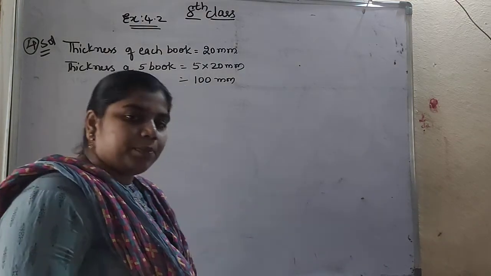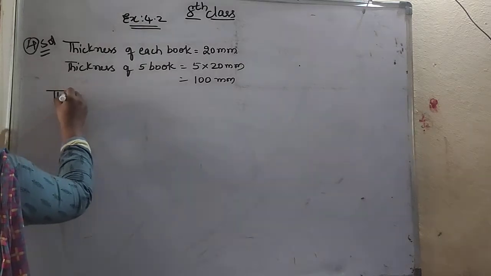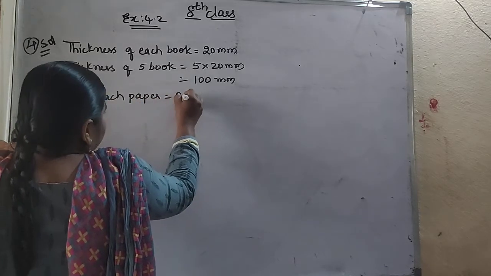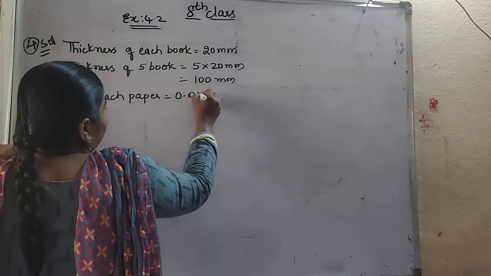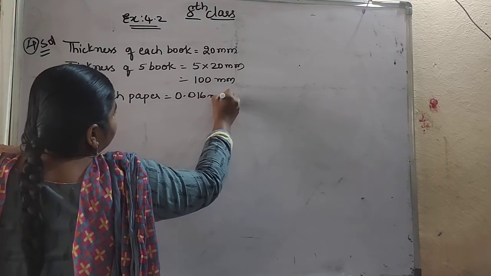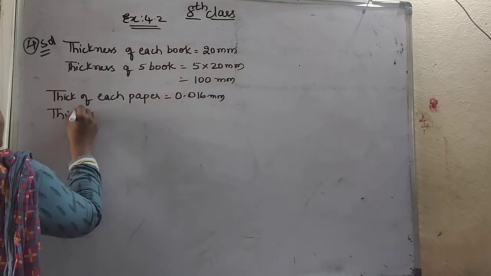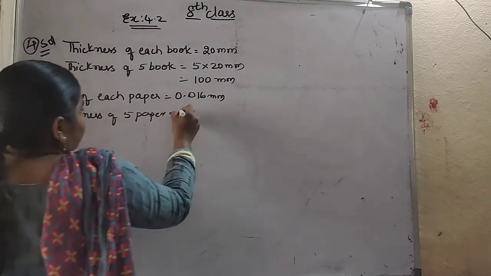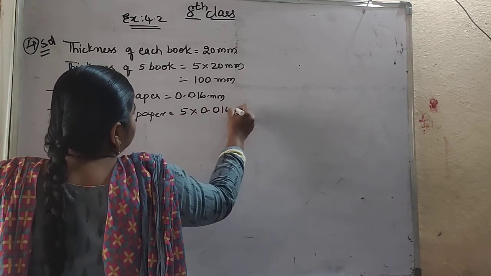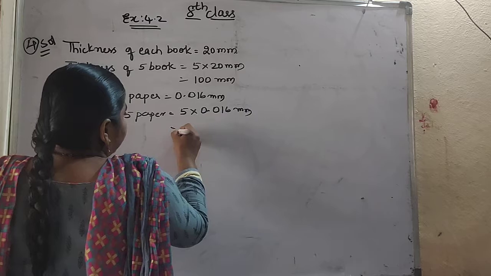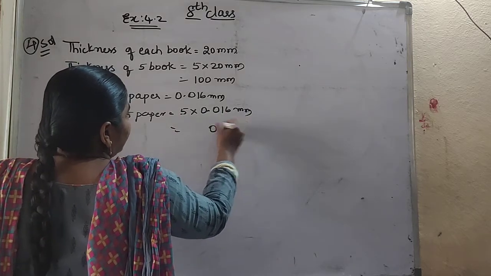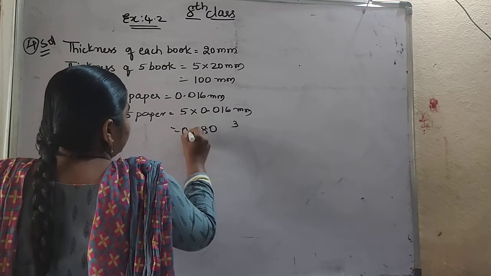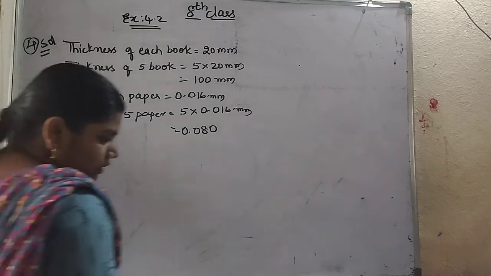Now thickness of each paper. So what is the thickness of each paper? Each paper is 0.016 mm. So how many papers are there? Thickness of 5 papers. Total 5 papers are there in that. That is 5 into 0.016 mm. So if you multiply, 5 6s are 30, 5 1s are 5, 5 plus 3 is 8, 5 0 times is 0, 5 0 times is 0. So it will be 0.080